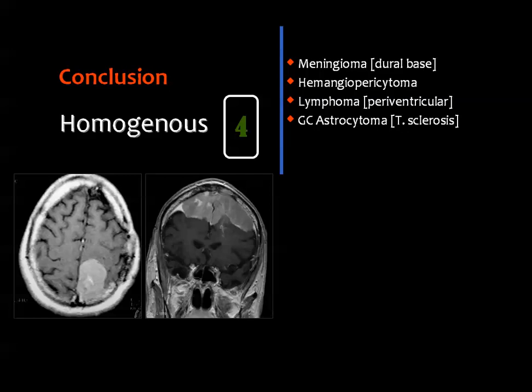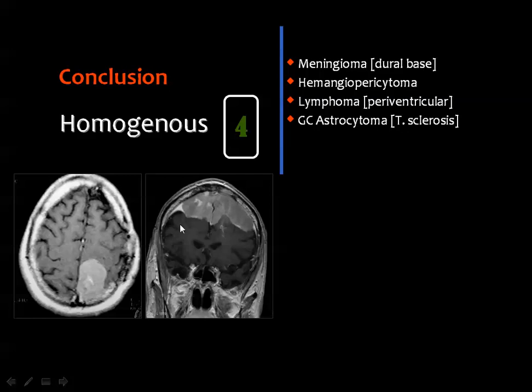And in conclusion, we came to the fact that we can reach the diagnosis of brain tumors in the supratentorial area based on the enhancing pattern of these tumors. And we start by the homogeneously enhanced lesions, and on top, by far, the most common homogeneously enhanced lesion intracranial is the meningioma, provided that the tumor has a dural base. And the second one is the hemangiopericytoma, which is a sizable tumor seen in males, more common than females, and it may erode the calvarium